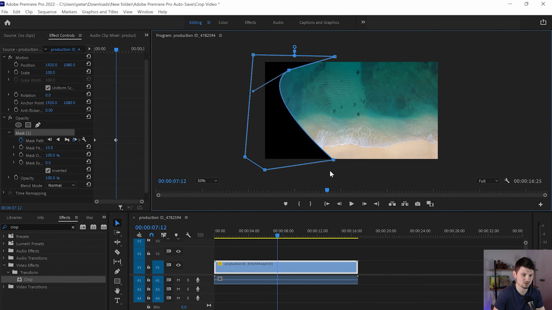pretty cool. So that's it guys, that's the 2 ways that you can use to crop your videos in Adobe Premiere Pro. It's super easy and simple. Personally, I use the crop effects to crop my videos because it's quick and easier. But as I said, if you want to make more detailed or more accurate cropping, then definitely go for the